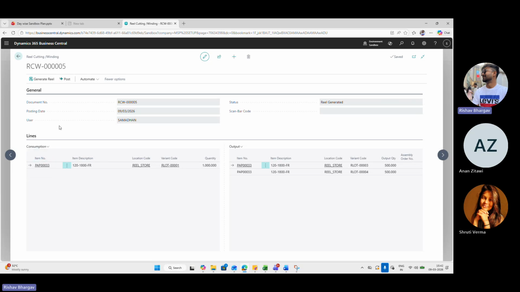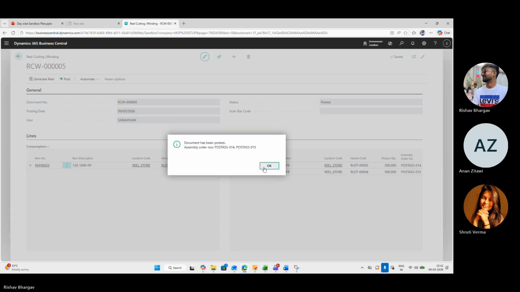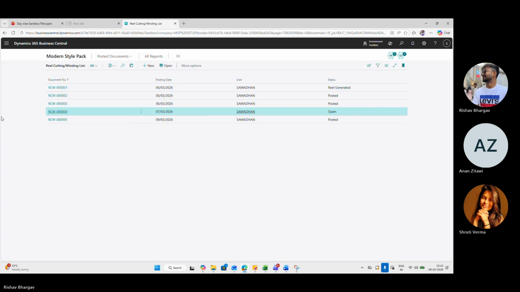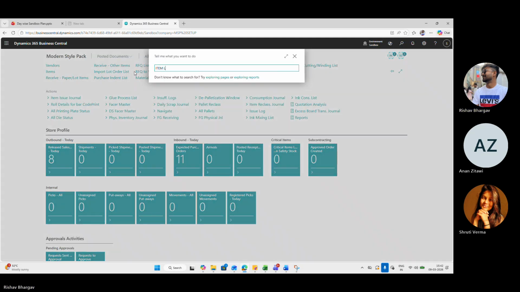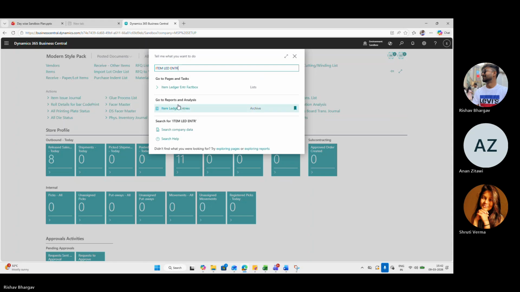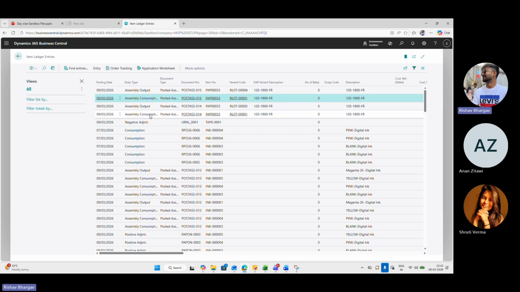Okay, sir. Now, at last, by selecting this, we need to post it. By posting it, it will post an assembly order. It will mention the document, and in the ledger entry we see assembly output and assembly consumption: reel number 1 has been consumed to give the output for reel lot number 3.